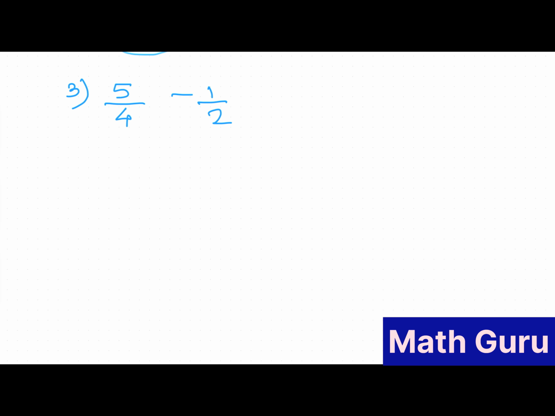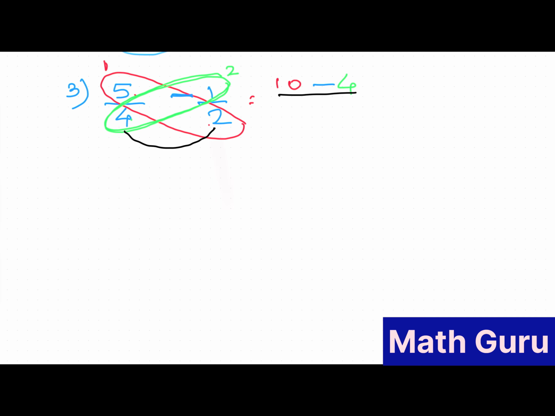In the first method, what we do is we just cross multiply. First you have to multiply these two numbers only, 5 and 2. So it becomes 5 into 2, that is 10. Then you have to give the sign which was in the middle, minus. Then you have to multiply these two terms in the second part, 4 1s are 4. And then in the denominator it is important to multiply the denominators. So 4 2s are 8. So now where have we reached? 10 minus 4 is 6 upon 8.